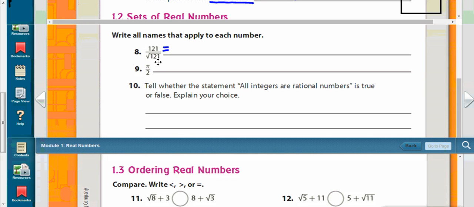Now, if you don't know, use your calculator, 121 square root, and you'll find out that the square root of 121 is really 11. So my denominator will now become 11. My numerator will stay 121. So this becomes a new problem now. 121 divided by 11 is going to be 11. So my question is really, what names apply to 11? If we go back to our diagram,